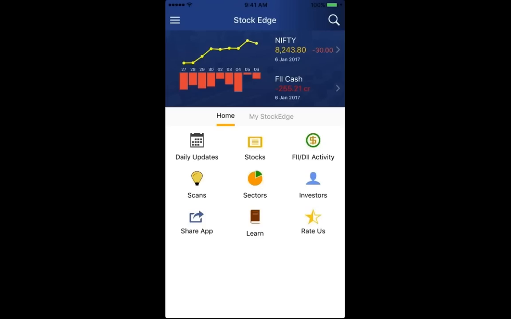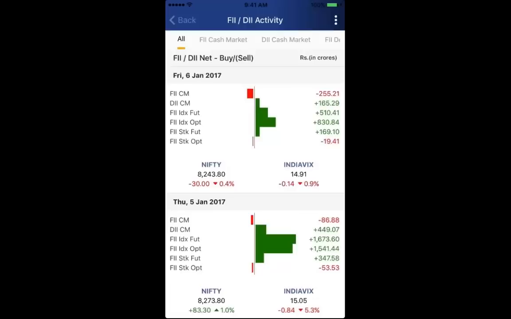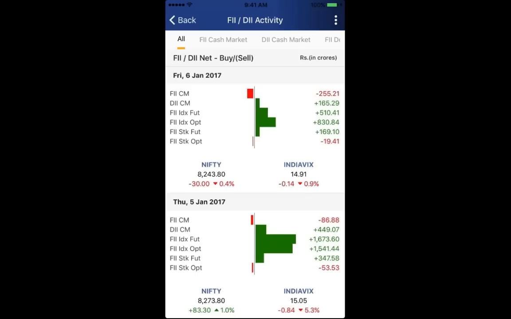When you do that, you'll find segment wise what the domestic players and the foreign institution players have done. For example, on the 6th of Jan, Friday, the FIIs had sold in the cash market worth 255. So it's on the negative histogram, and if it's positive, it's a nice visual way in which you can see what the flow has been. If you want to drill down to one particular segment, let's say the cash market, you can have the daily